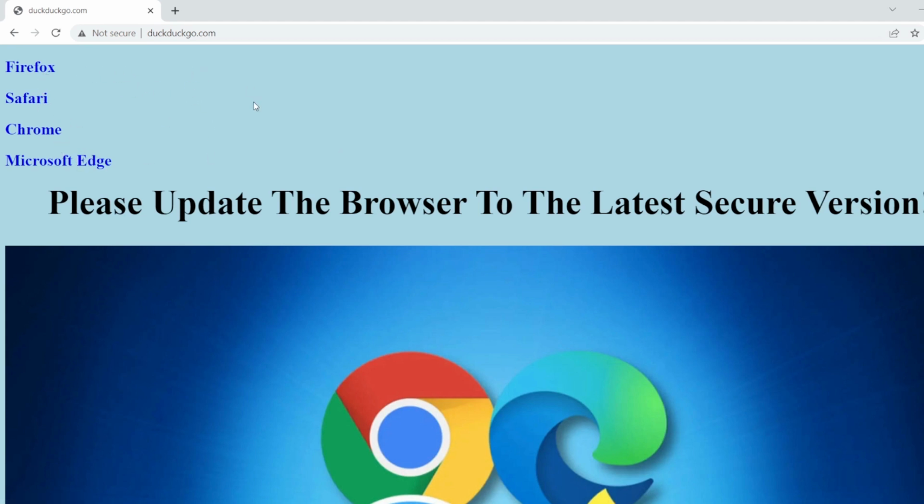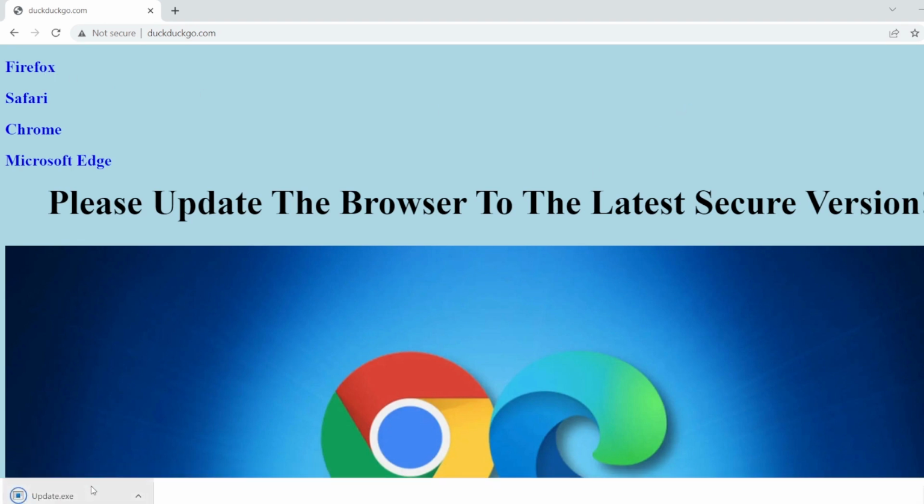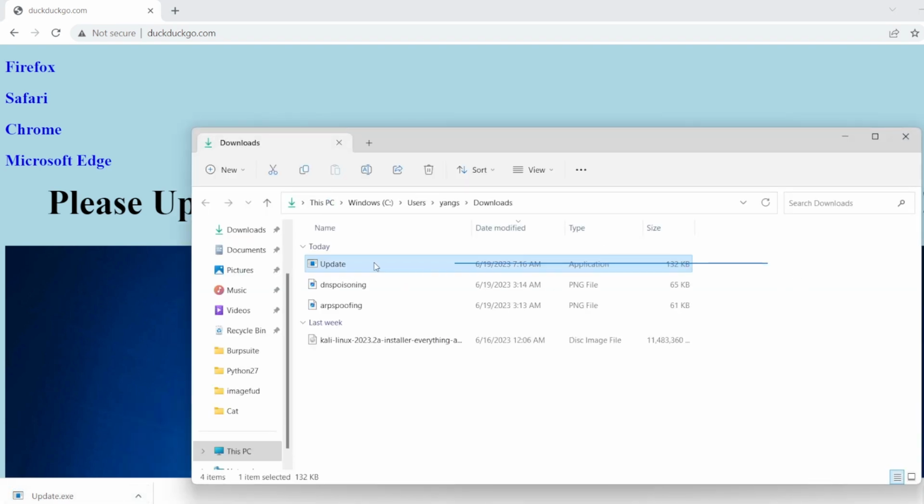So if you manipulate the client so that they can go to any website and it only redirects to this site, then the victim will need to download the specific update file. So if you click on this, as you can see, that's the update file. If you look in the folder, that's also the update binary. So if you click on it, for example, run,